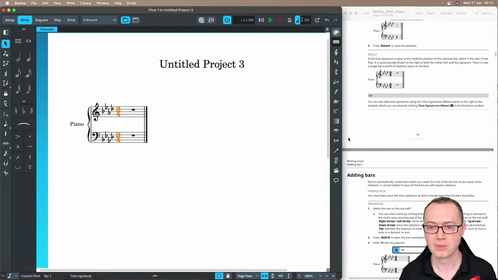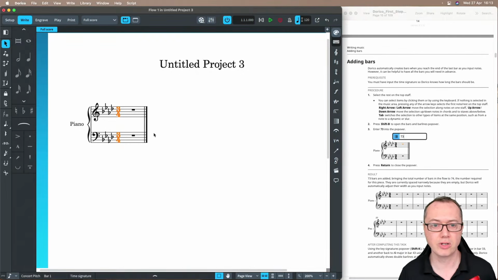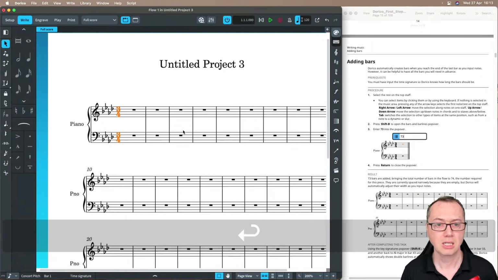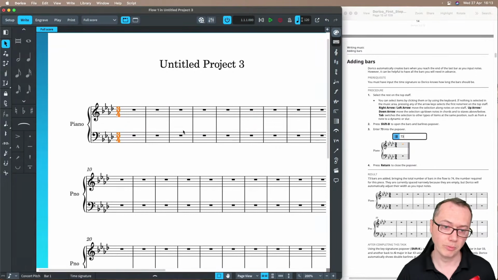There is of course a time signatures or meter zone over here, so you can enter from there as well if you want to. Now we want to add some bars. So we've only got 1 bar by default, but we need 74. So what we're going to do, we still have something selected at the beginning here, so I'm going to do Shift B and I'm going to type 73 so that we have 74 bars total, the one we had initially,